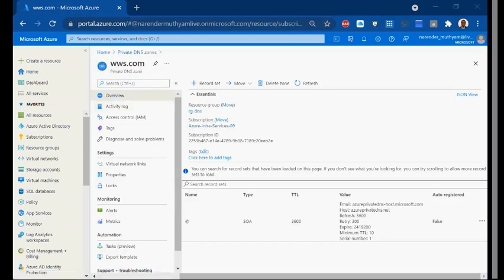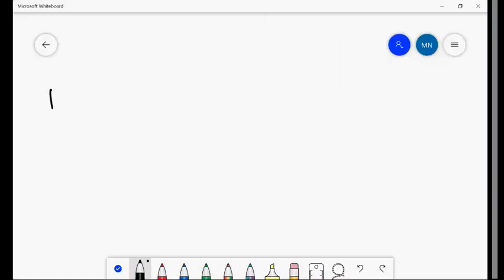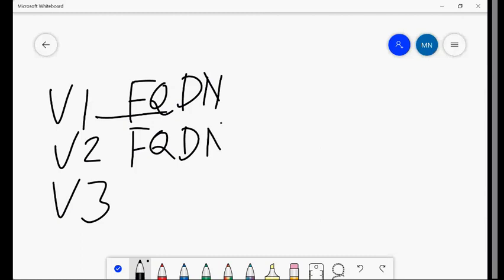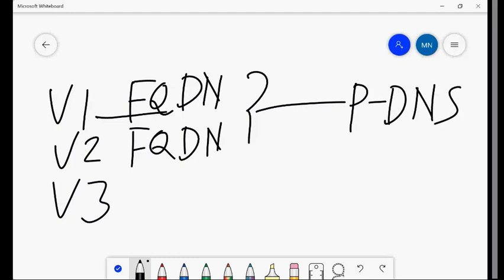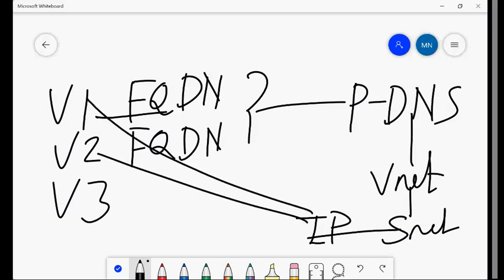See, ultimately, your VMs. For example, you have VM1, VM2, VM3, and what is their FQDN here? How will they get their FQDNs? Right, fully qualified domain name. How will they get it? They will get it from the private DNS. Because you are actually linking the VNet here, and this VNet has a subnet, and this subnet has IPs, and these IPs are again obtained from here. The moment it is obtaining IPs from the subnet, you are actually linking here.